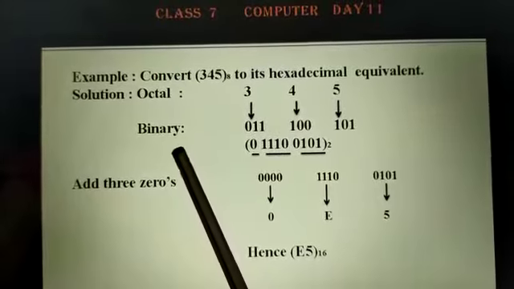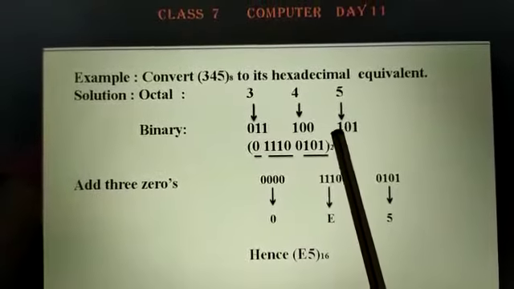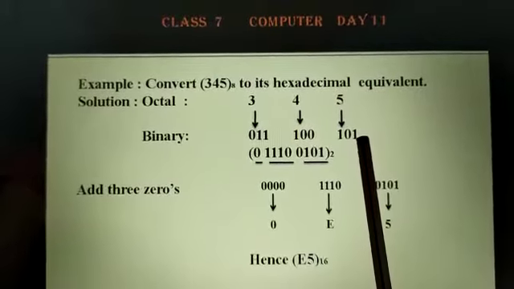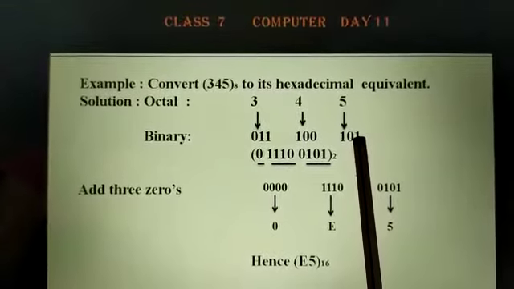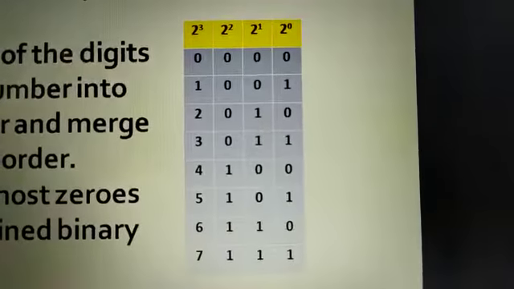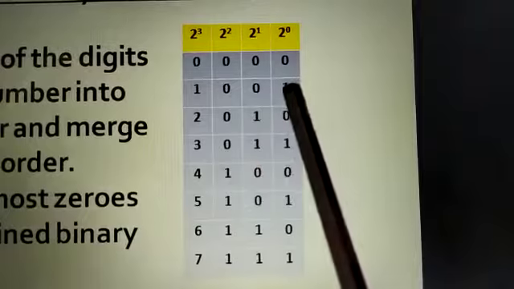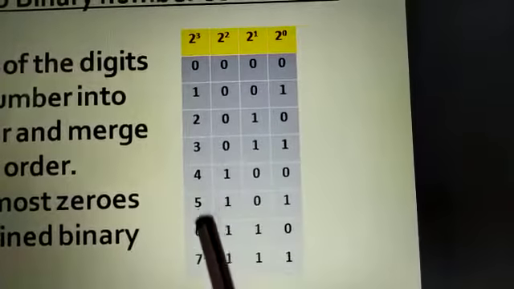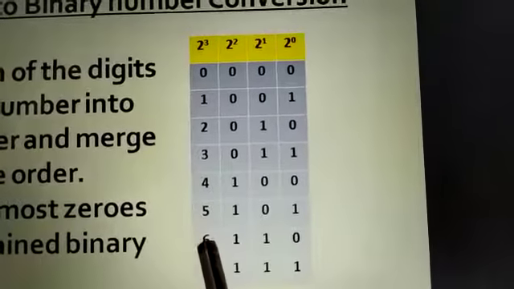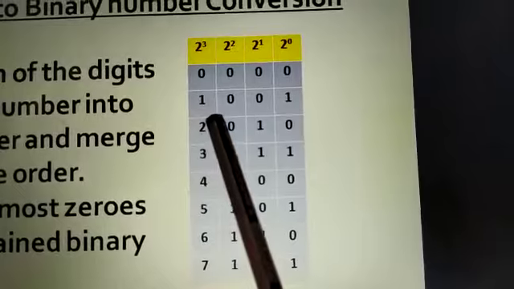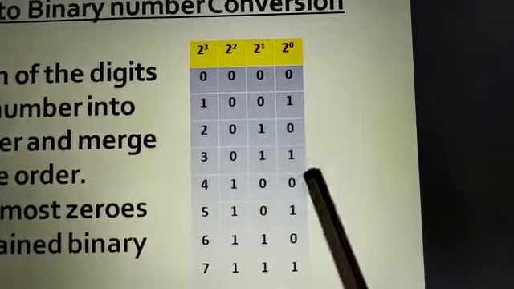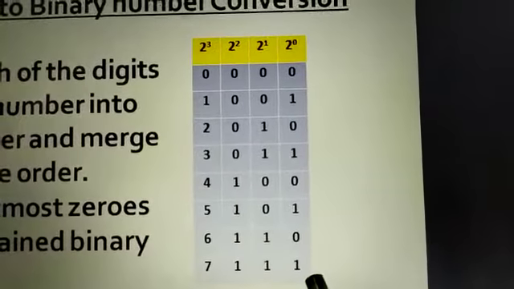Now to convert it into binary equivalent, are you aware of the conversion table which I had provided you earlier? If yes, well and good. If not, today again I will show you and you can just note it down in your copy. So here is the conversion table from octal to binary conversion. As you can see, numbers are written here. In octal we have only 0 to 7 digits, so total are 8. And their binary conversion will be like: for 1 the binary conversion is 001, for 2 it is 010, for 3 it is 011. Likewise you can just note it down in your copy.